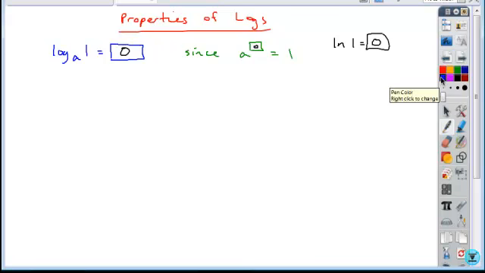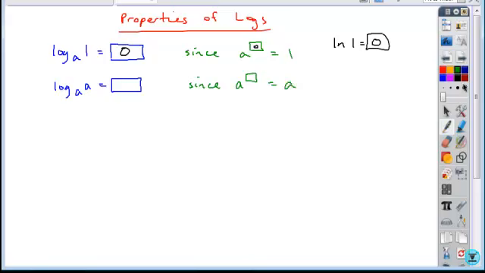Right, let's take a look at another property. Okay, let's take a look at this scenario. So if we took a log where the base of the log and the value in the log are identical, what would this simplify to? If you think of the exponential form again, we take our base a to what power is equal to the value inside our log, which is a, and the answer would be